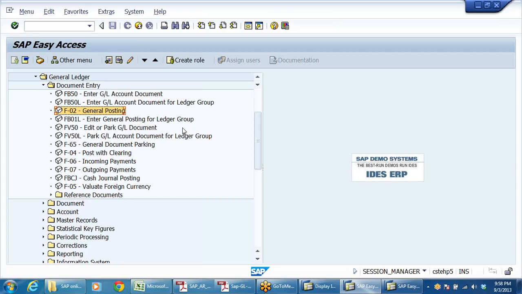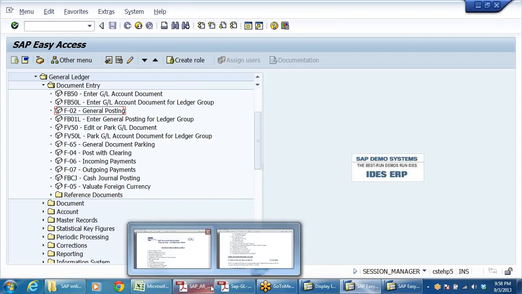It is always in the blocked mode, and only that concerned finance manager, or whoever may be the process owner, will be trained, and only he will open it, post the entry, and block it again. So even by mistake no one can post an accounting entry to these GL accounts. Practically it is used by every company, right? So this is called blocking.